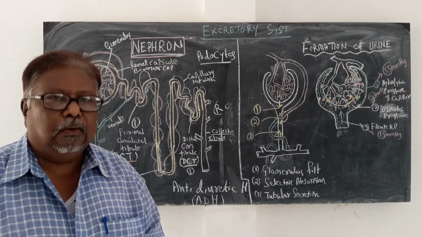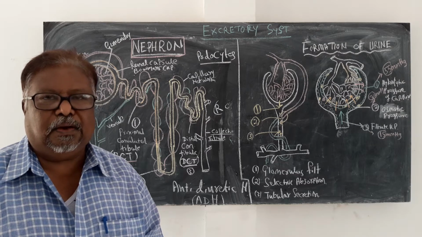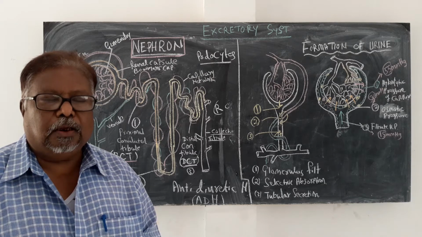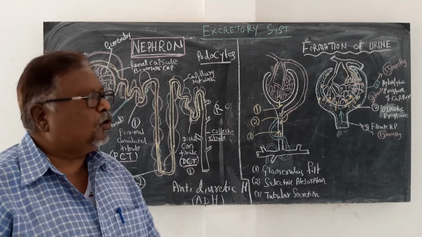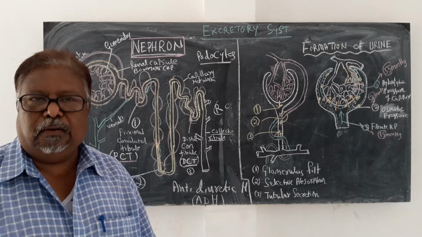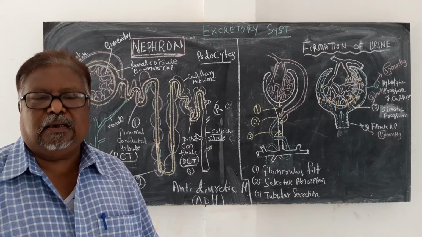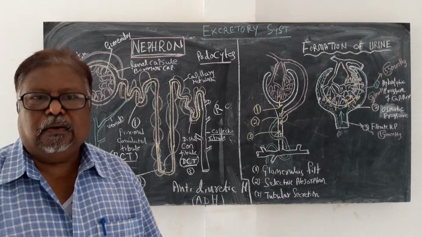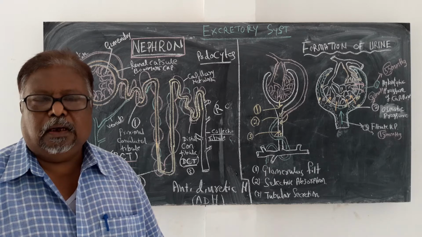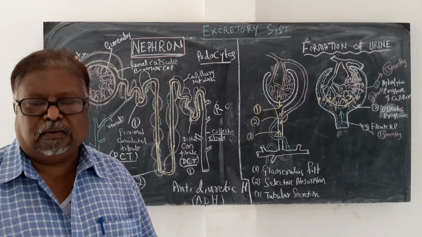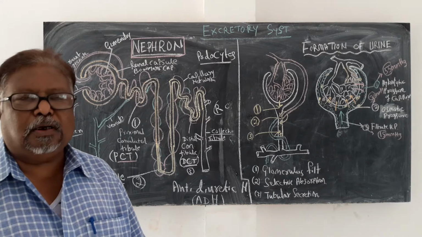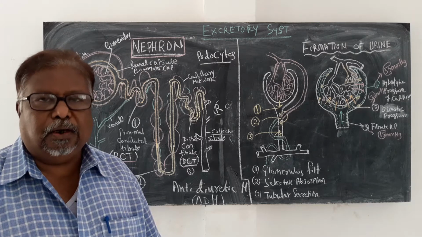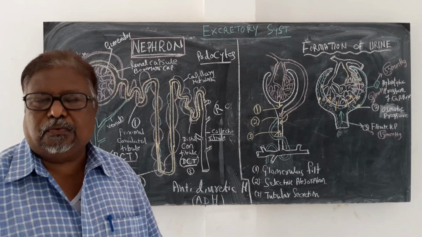Today we are going through the excretory system part 3, wherein the formation of urine, which is an excretory material in the human body, should be excreted out. How it is produced in our body is very important. The kidneys play a very important role in the formation of urine, or the nitrogenous waste material.